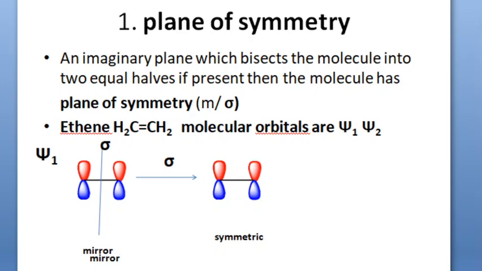Any plane, imaginary usually, which bisects the molecule or divides the molecule into two equal halves, if such a plane is present in that molecule, we call that a plane of symmetry. Here in this case, ethene,